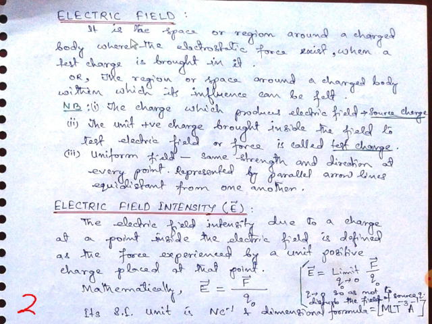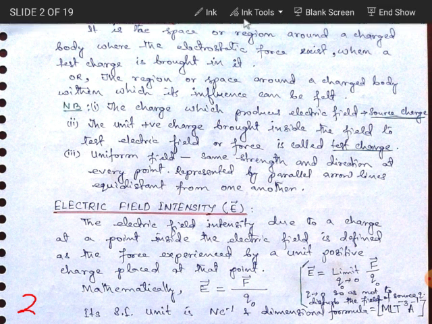So electric field, it is a space. Suppose a charged body is somewhere here, so let's take it as Q, a point charge residing at this point. And around this charged body, the space or region surrounding it where the force of attraction or repulsion, your Coulomb's force, exists,